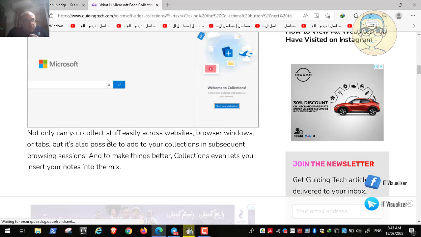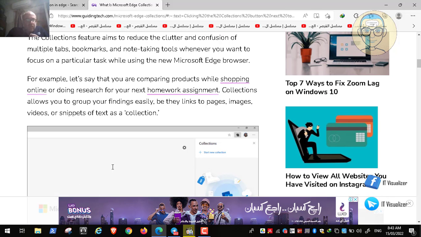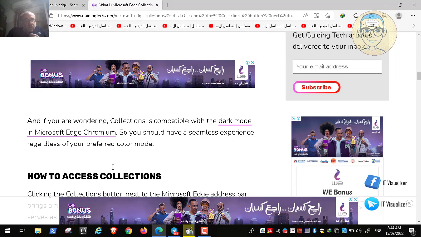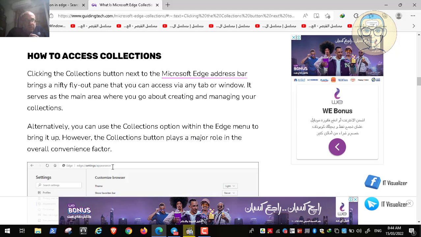Not only can you collect stuff easily across websites, browser windows or tabs, it's possible to add to your collections in subsequent browsing sessions, and to make things better, Collections even lets you insert your notes into the mix. Okay, so it is something like a space. You can save websites, put notes, and use other features with this space. Okay, if you are wondering how to collect, anyway,